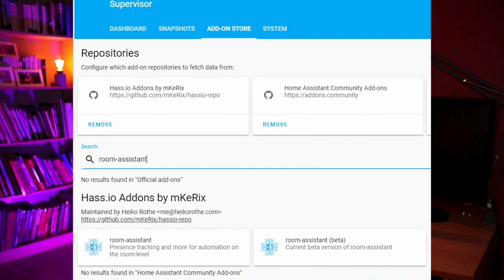So, I'll quickly show you how to install Room Assistant using the Home Assistant Add-on Store. This method is great if your Home Assistant is installed on a Raspberry Pi. If that is not your case, you can use Docker, and I will show you how. Both ways are pretty easy. Then I'll show you how to configure Room Assistant and Home Assistant to work together, and at the end, I will show you how to create an automation that will start the lights when you get home.